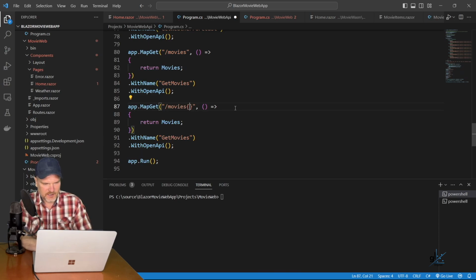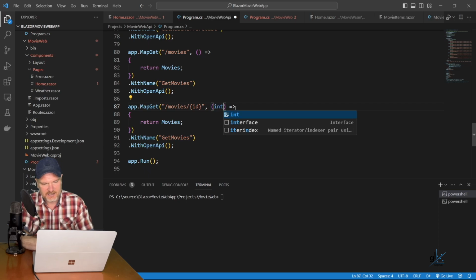So we want to include an ID parameter for this particular endpoint. So it's the ID of the relevant movie we want retrieved. So this ID needs to be included in the endpoint path for when a client retrieves a particular movie from the movies collection. So then let's include the ID here,